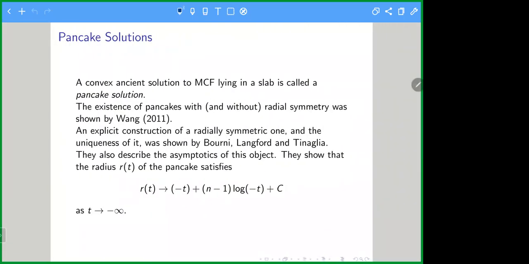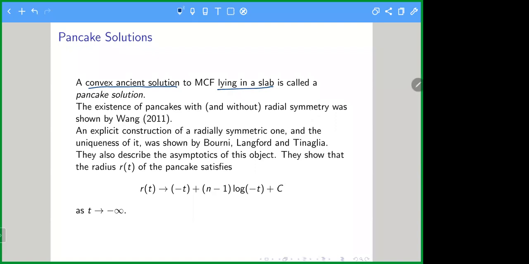In these slab regions, we have what are called pancake solutions, which is the general name we give to any solution that lies inside a slab and is also convex ancient. And so in the case of mean curvature flow,